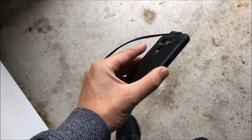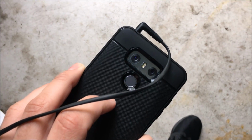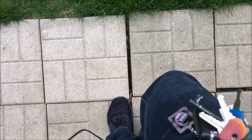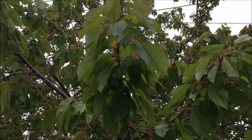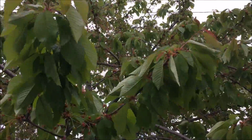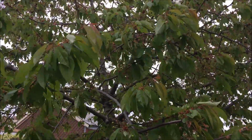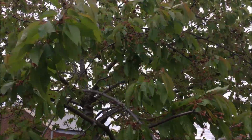So here is a look at the 1080p video recording on the iPhone 6s, and you can see very good detail here in the LG lens. Taking a walk here, you can see the grass does hold the exposure pretty well. Very nicely balanced colors for a smartphone camera. I think you're going to be just fine here in 2017, and this camera should last at least a couple more years before it's a little bit